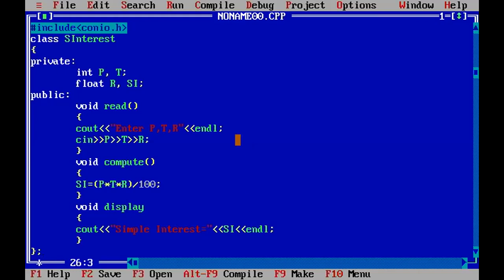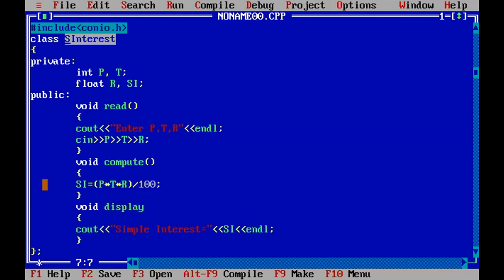What I have to explain again is that I have created a class called simple interest. I have the data members P, T, R, and SI, where SI is the value that I have to compute. Now I need to create three member functions, all written within the class.